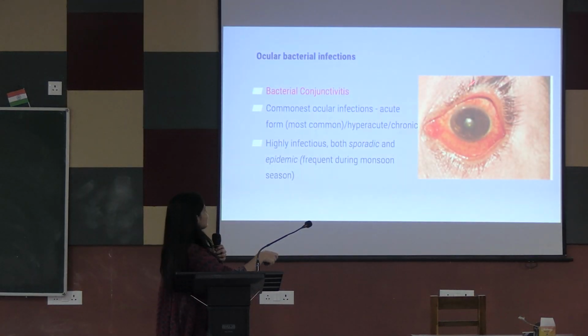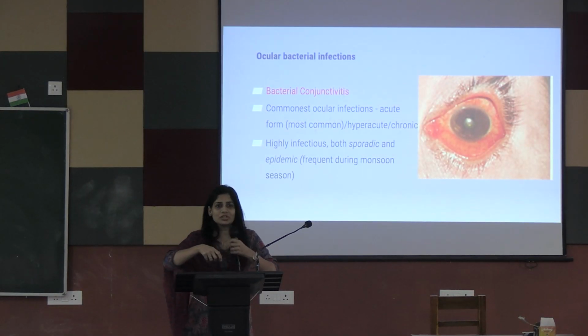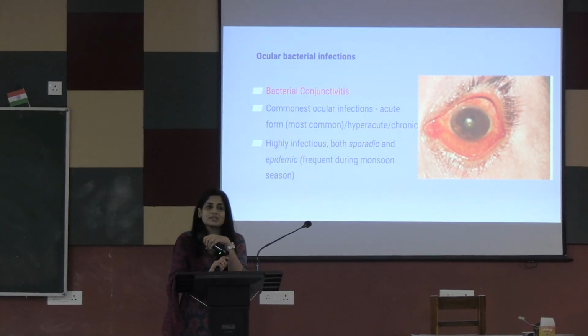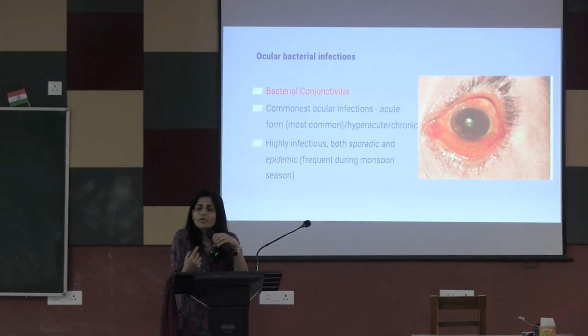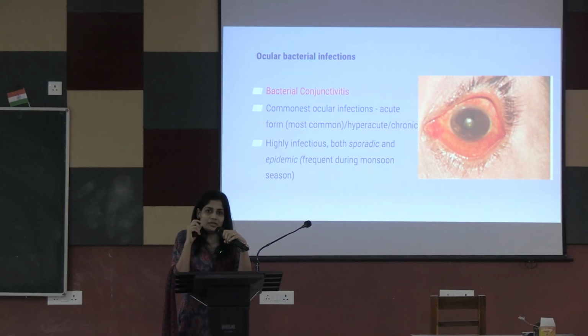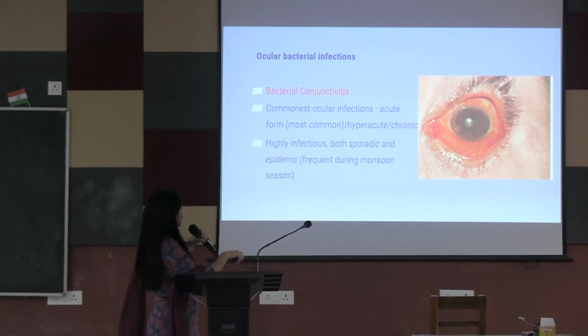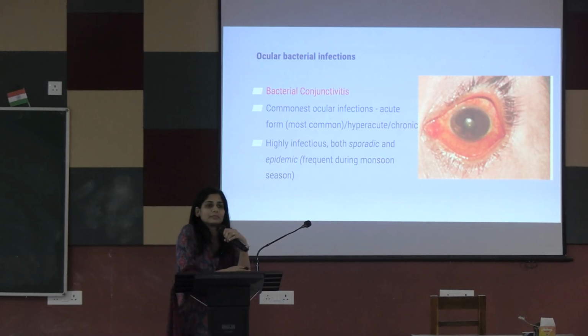So, coming to conjunctivitis. Everybody knows what the conjunctiva is. This condition is commonly known as pink eye, right? I've got a pink eye. I was suffering with one eye getting red before the other eye. What is the season? It starts very commonly among the people, and we call it an epidemic, frequently during the monsoon season.